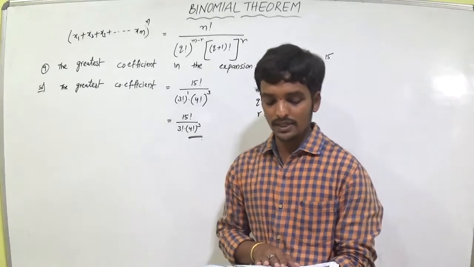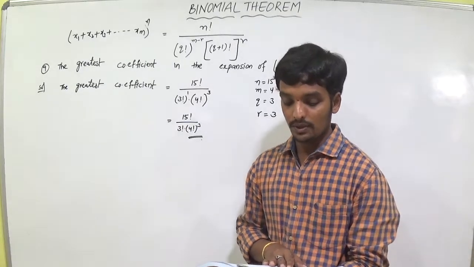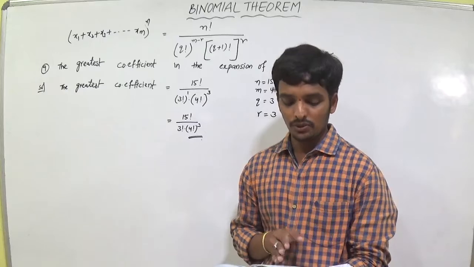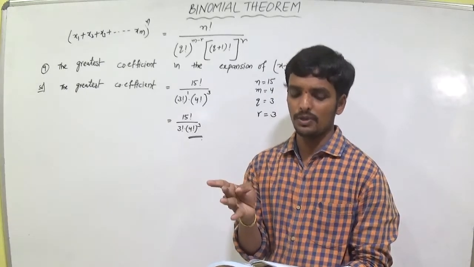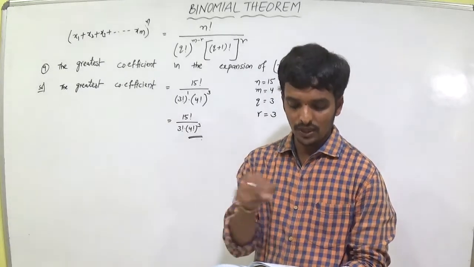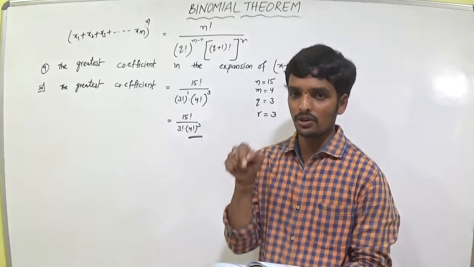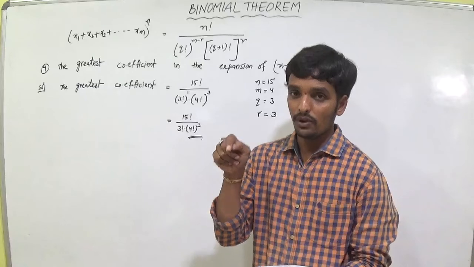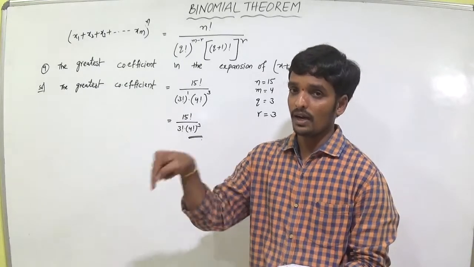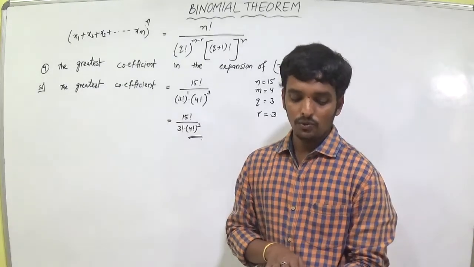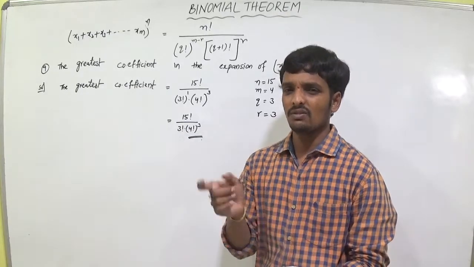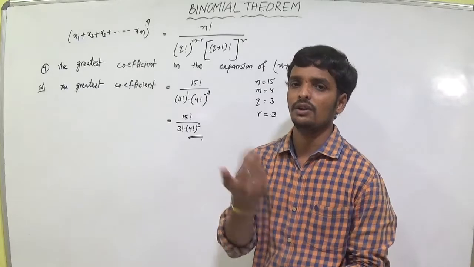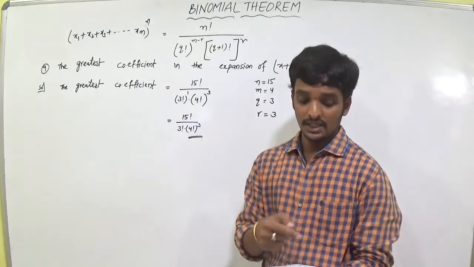For example, (xy + yz + zx) whole to the power of 6. You can apply the trinomial theorem, sigma. Take p, q, r, where p plus q plus r is equal to 6. 6 factorial by p factorial into q factorial into r factorial into (xy) to the power of p, (yz) to the power of q, into (zx) to the power of r. So they want x cube y square z power 5. We can equalize the exponents, and you will get the values of p, q, r. You can substitute and find the value. Okay? The same question is in the 10th.